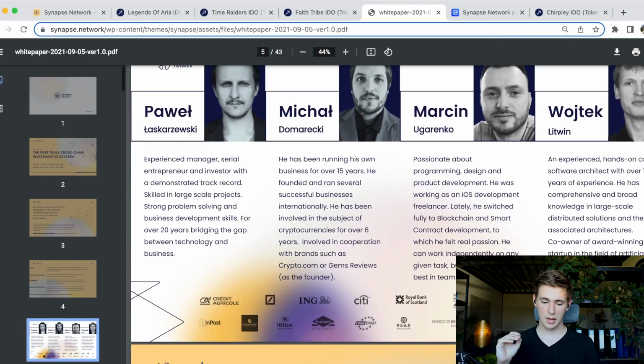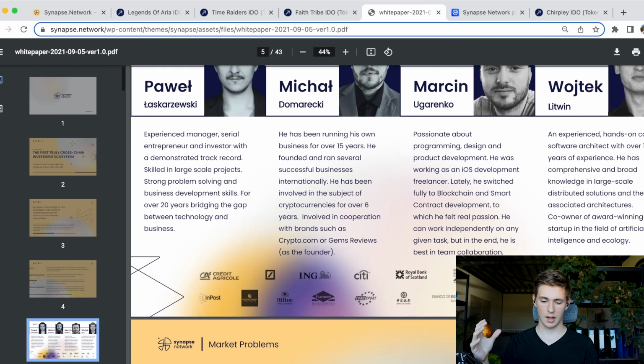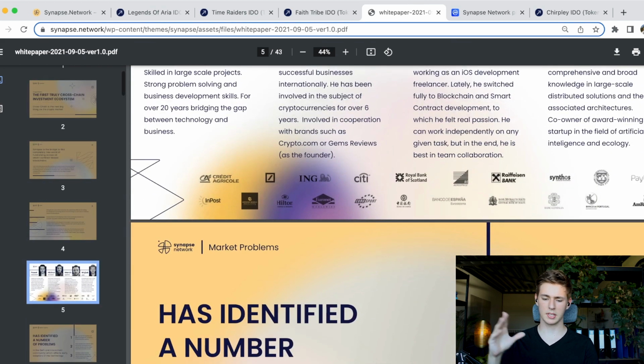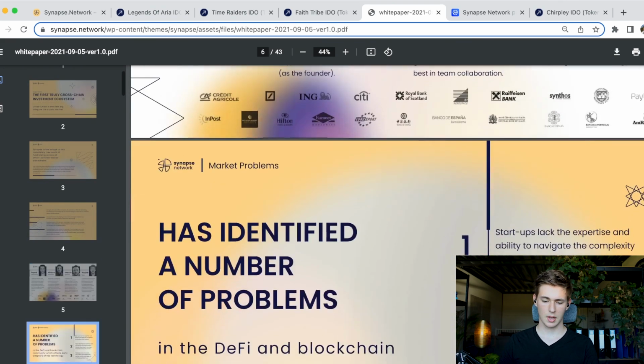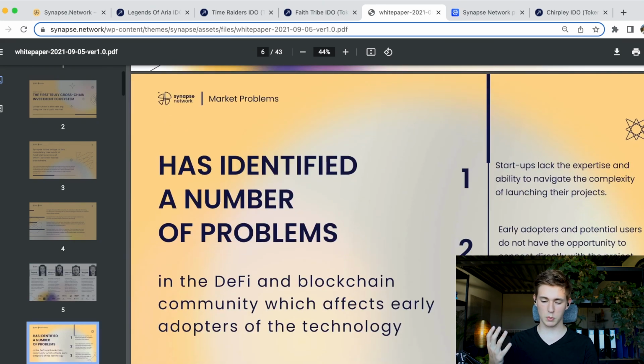It's funny to see, but over here they state as one of their partners ING, which is actually one of the biggest Dutch banks. So that is just a little something that you might have missed. Pretty cool. I happen to know that because I am myself Dutch, but that is pretty awesome to see in there. I didn't see that on the website, but it is here on the white paper. Now again, it is not a Dutch team or anything like that. It is a worldwide team, and I believe to have seen most of the names to be Polish, but again, correct me on that if I'm wrong.